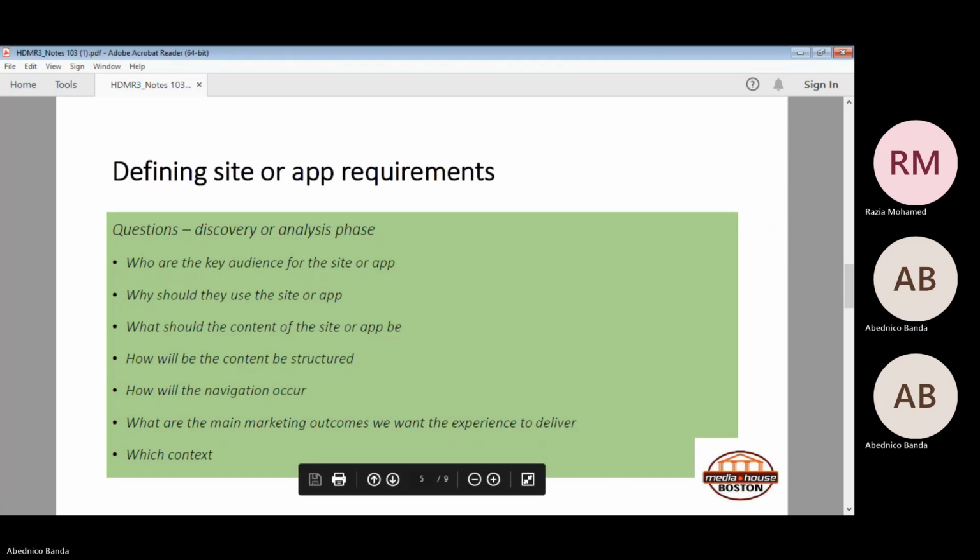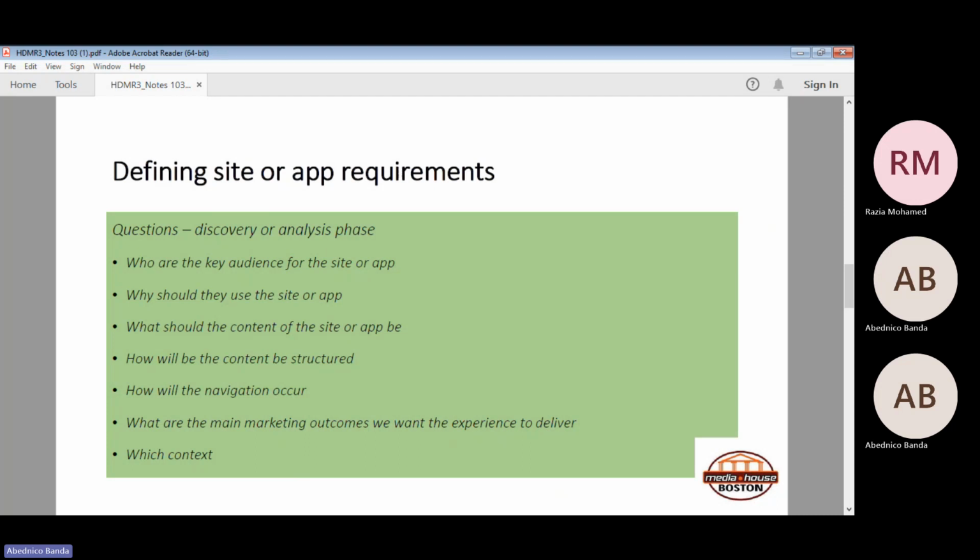No, I understand. Okay. So even if you have the content, you also need to ask yourself, how will the content be structured? Structured in terms of the layout, structured in terms of the sentences. Remember, all these things that we're talking about, I'm going to discuss this later as well, they need to lead to customer acquisition. You've got visitors to your website. You've got people downloading your application. You don't want them to leave that application all of a sudden. You want them to engage with that application and convert them into customers.